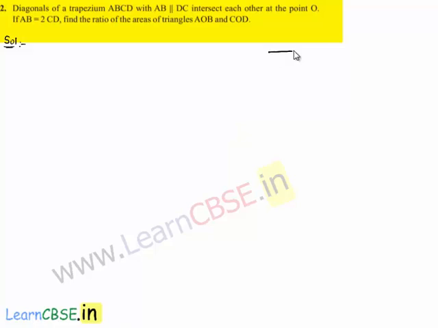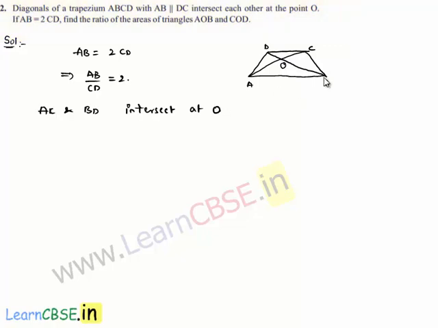He has given a trapezium ABCD with AB is equal to 2 times CD, which can be written as AB by CD is equal to 2. Now he also says that BD and AC are the diagonals which intersect at O. So as he asks the area of triangles AOB and COD, let us find out them,